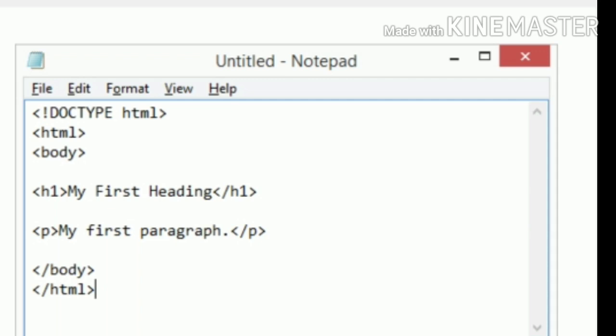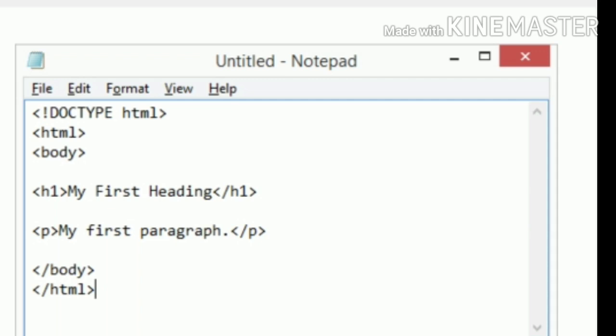It is similar to the doctype HTML file: html open tag and body tag, then the h1 open tag, my first heading, closing the h1 tag. Then an opening p tag, my first paragraph, the content, and then the closing p tag.